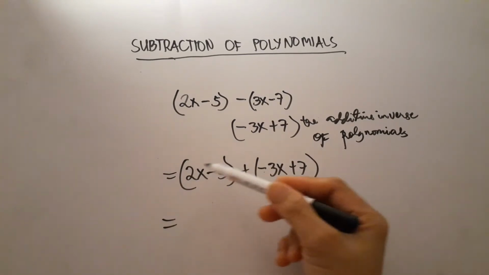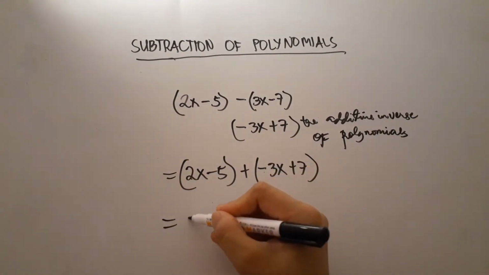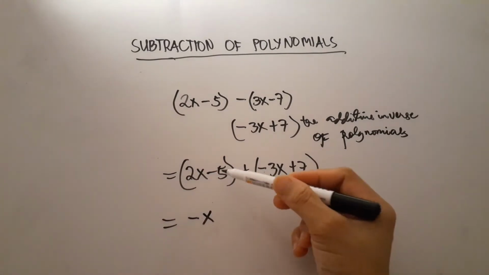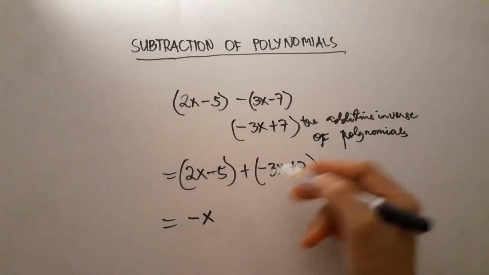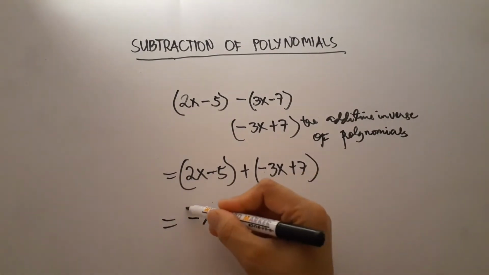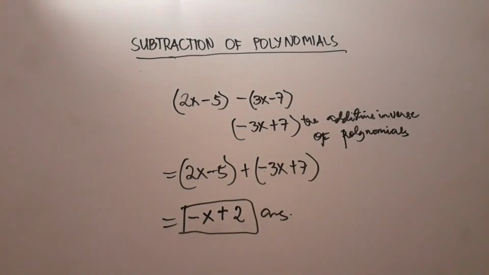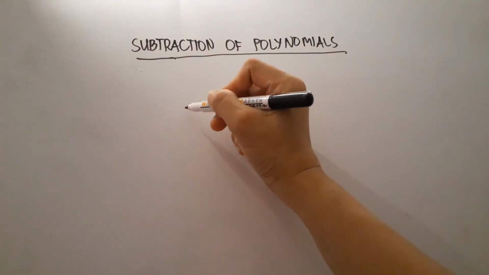Since 3 is the larger value, we can use negative, so 3 minus 2 becomes 1, since x always has a factor of 1, so the answer is negative x. Then negative 5 plus 7, since the larger value is 7, we can use positive, and negative x plus 2 becomes the answer. Let's have another example,